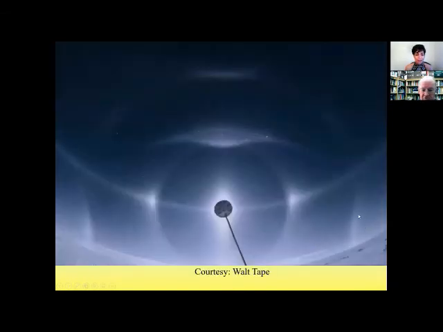Wow, look at that. Lens, at the South Pole by mathematician Walt Tape. And there's all sorts of things going on here. This is crazy. This is the 22-degree halo. This is called an upper tangent arc, which, depending on the altitude of the sun, can look like a bird's wings, and then it merges into something else. This is a portion of a 46-degree halo. This is a parhelic circle caused by reflection from the front side of these crystals, and there's all sorts of other things.